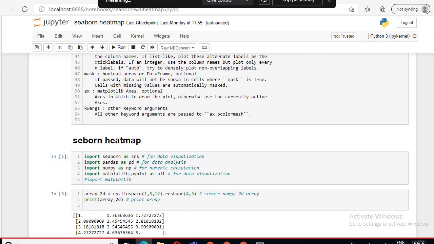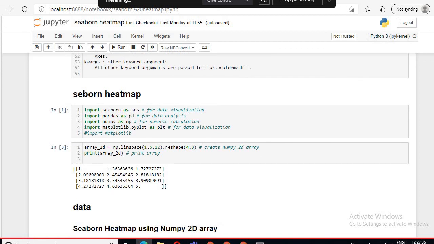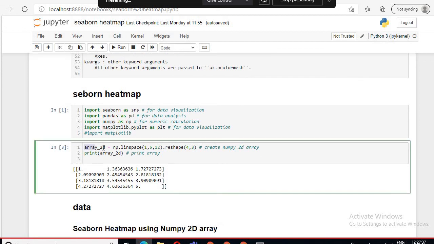So firstly, I have imported all the libraries for heat map: seaborn library, pandas library, numpy library as well as matplotlib library. After that, I have taken one matrix, that is array 2D. I have created this array. Array 2D equals np.linspace. Linspace is a function in numpy by using which we can create a